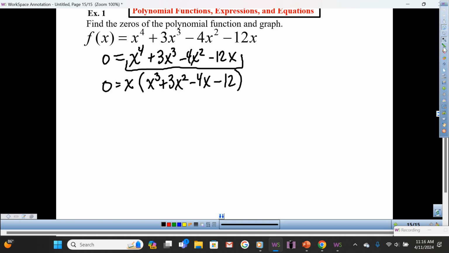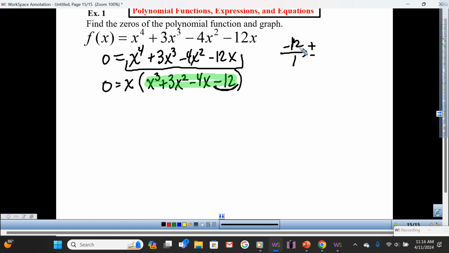So, just to focus, if you have a highlighter, right now I'm going to focus in here. The theorem stated that if I use the constant, look up, the constant here is what? Negative 12. So I'm going to write it over here. Negative 12 over, what is its leading coefficient? What is the invisible number here? A 1. So I'm going to put plus, minus, and I'm going to find all the factors